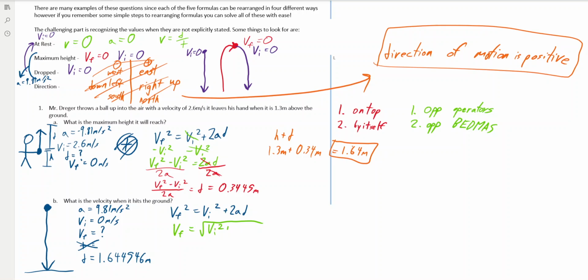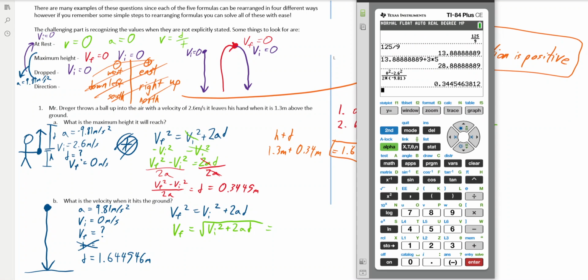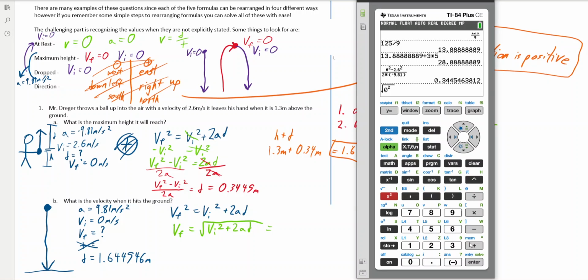Okay, the opposite operator of a square is to square root. So here it is. And so now we just have to plug it in our calculator. So we've got second function that. VI is 0 squared plus 2 times A, which is 9.81, times D, which is